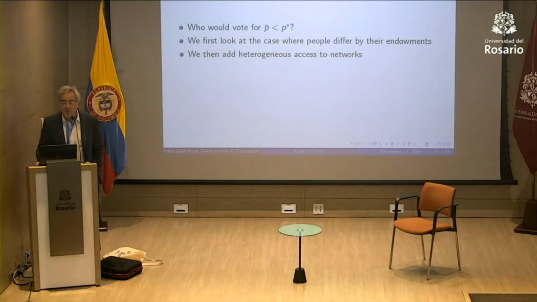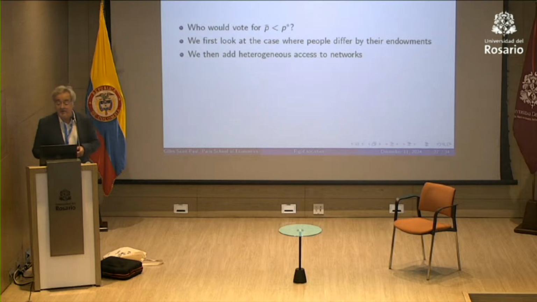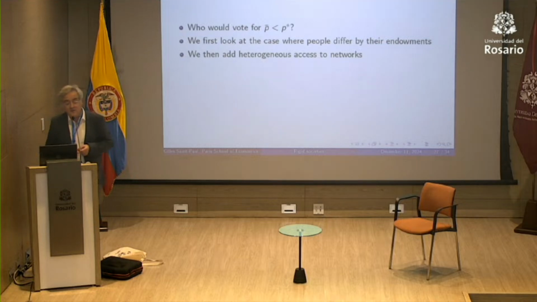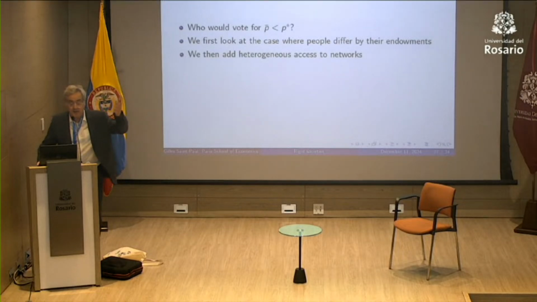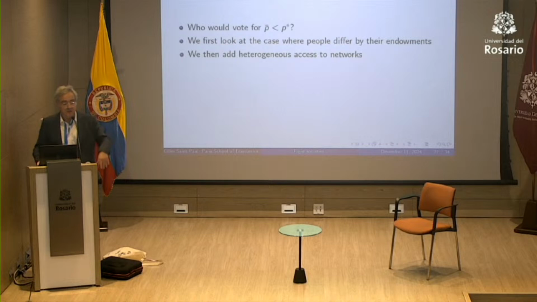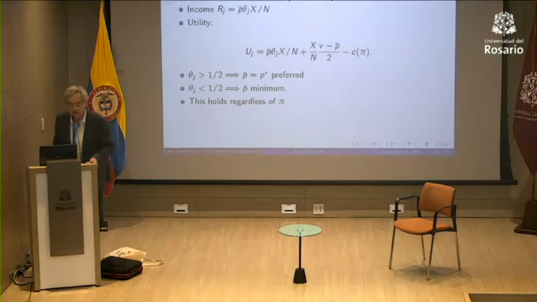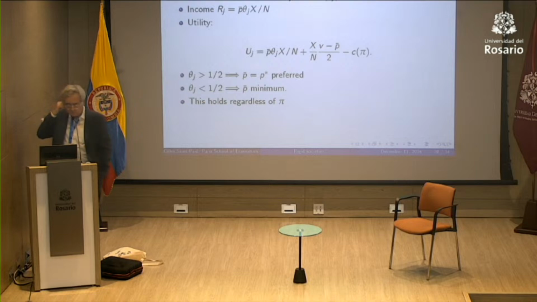So people differ by their endowments, so there are rich people and poor people. And then I'm going to assume that some people are nicer than others, are more popular than others, so they also differ by their access to networks, okay? Or it could be inherited from their parents, like Gabriel Attal, our prime minister, who by birth participated in a number of important social networks of the upper classes, different ones. He was at the intersection. So let me assume that